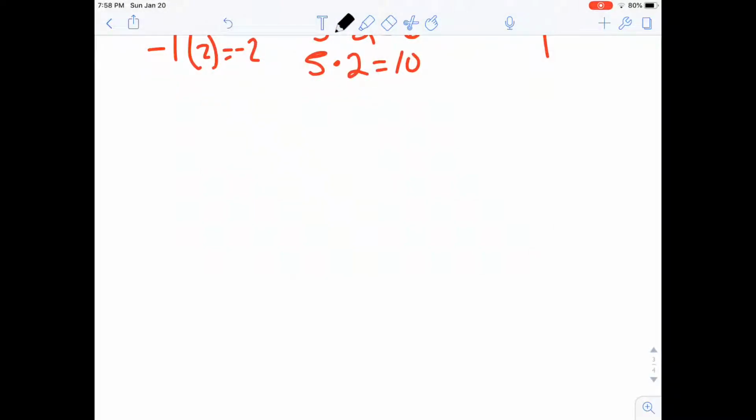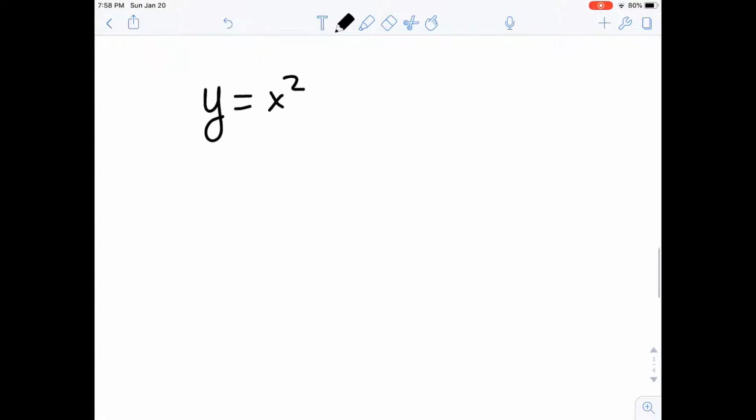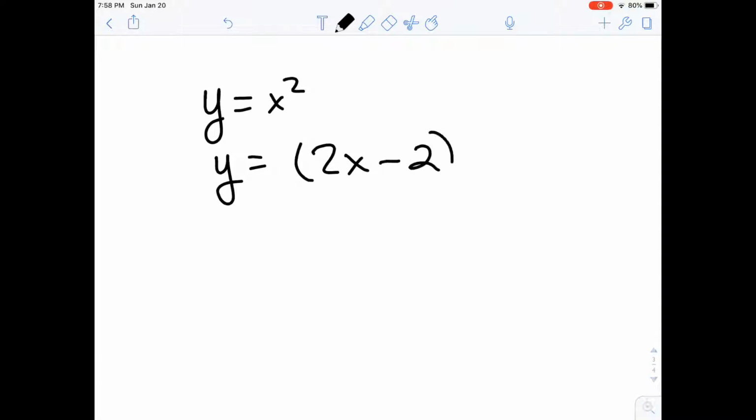So let's go back to y equals x squared as our parent function, and let's create a new equation. So let's say y equals 2x minus 2 squared plus 3. Right? So we don't really have to graph it, but we can kind of break some stuff down and say,